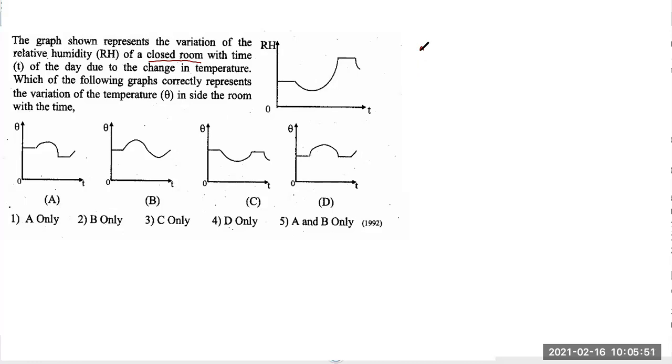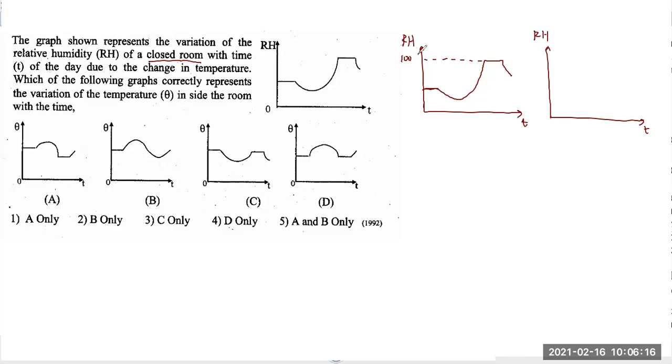I'll just quickly draw the graph and let's see what we can do about this. Time here, RH. I'm not going to change the shape, but I'm going to consider it in two different ways. One is, let's quickly draw the shape: reducing and then increasing, then flat and then reducing again. Let's say this is 100. And in the other graph, let's say that is not 100, less than 100. So I think I have to extend this further up.